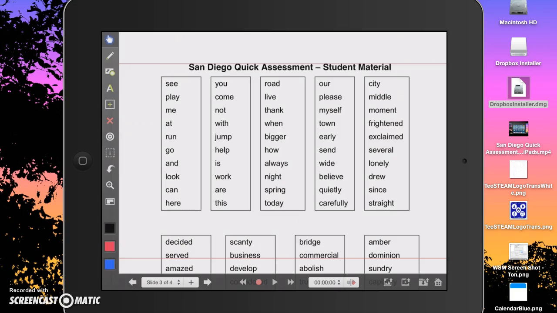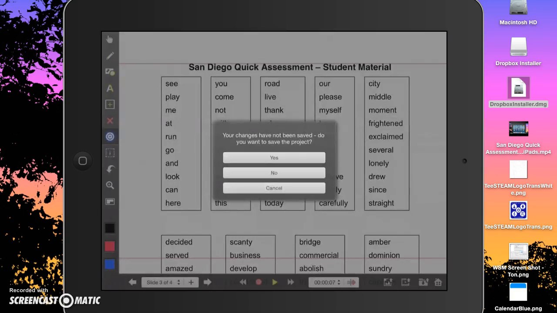Study the words for a minute. And then once you decide you want to begin on that list, for example, I'm going to choose this one. I'd like you to go down to the pink dot, and you will notice that it is a recorder. So simply tap it and begin reading your word list, such as city, middle, moment, and so forth. Hit your pause button when you are finished. Then, very important, hit your home button,